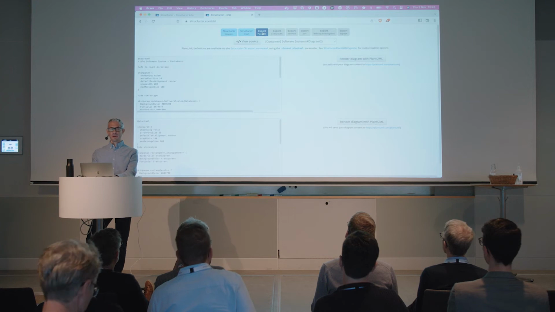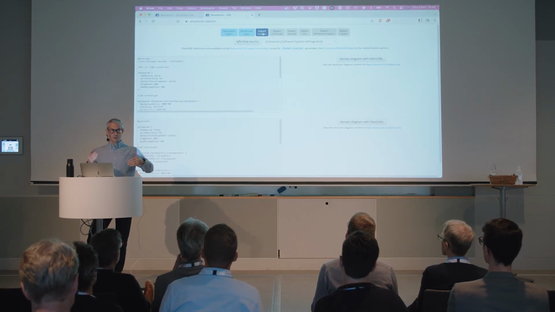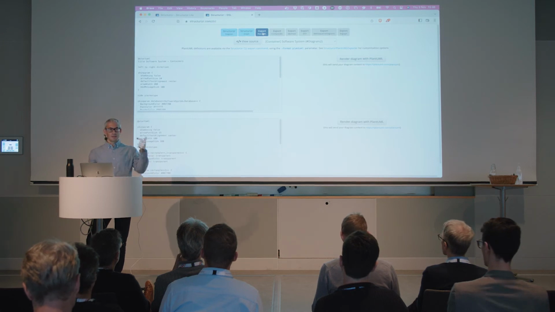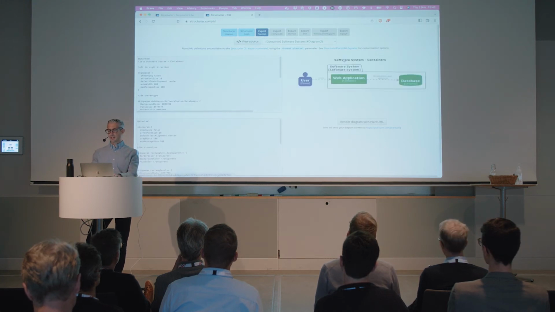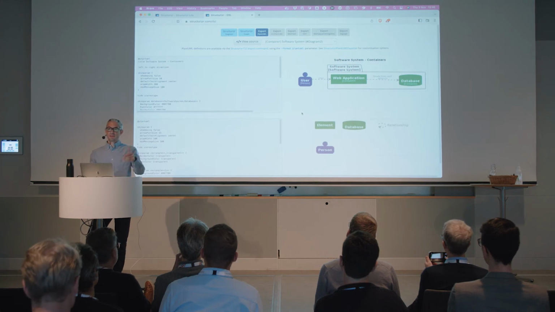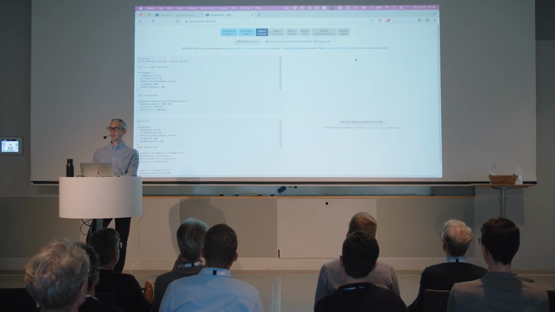I said that PlantUML was one of the diagrams as code tools, and in order to create multiple diagrams, you need multiple PlantUML source files. This tooling generates all those things for you. There's a bunch of export tools that I've built. It's all in Java, it's all on GitHub. You can create a bunch of exports to, in this case, PlantUML, and you get a nice little PlantUML version of the diagram. Here's a source and a diagram key, and you get all of the diagrams defined in your workspace, which is quite nice.